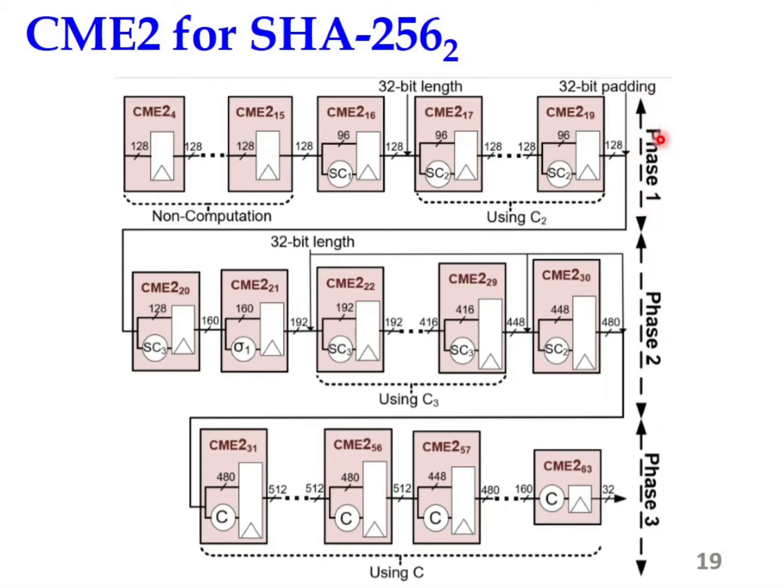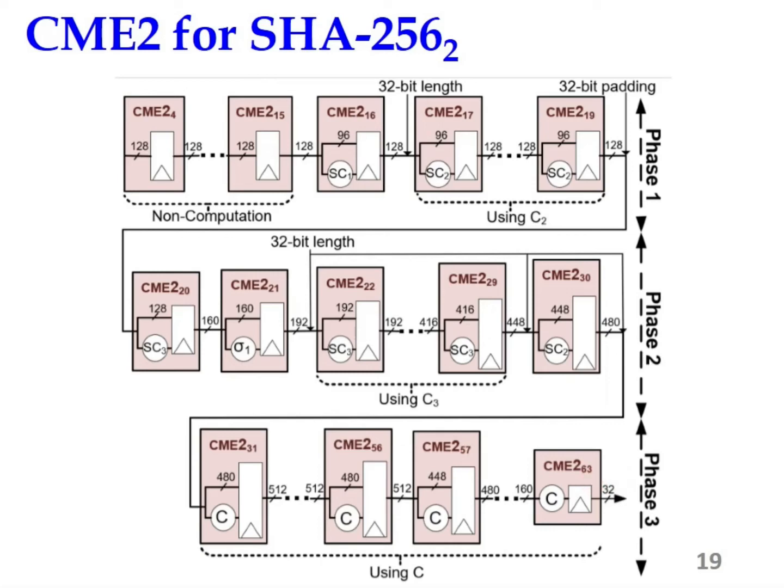In phase 1, the data path bit width only has 128 bits, from round 4 to round 19. In phase 2, the data path bit width increased from 160 bits to 480 bits, from round 20 to round 30. In phase 3, the data path bit width decreased from 512 bits to 30 bits, from round